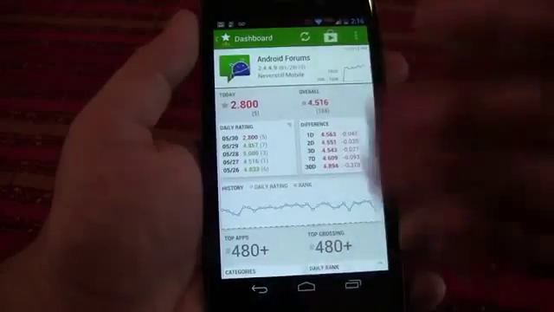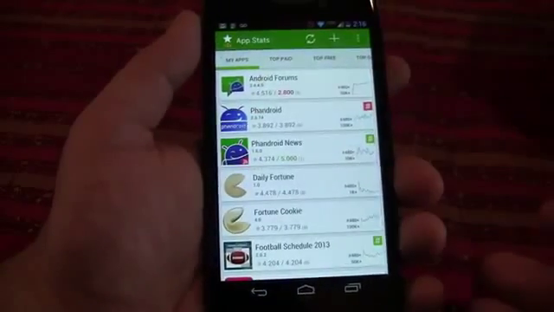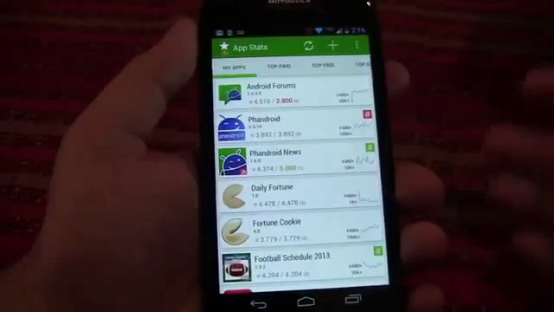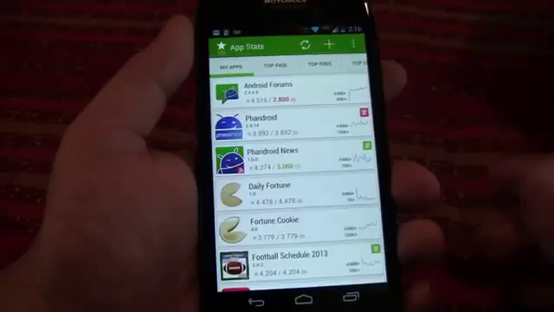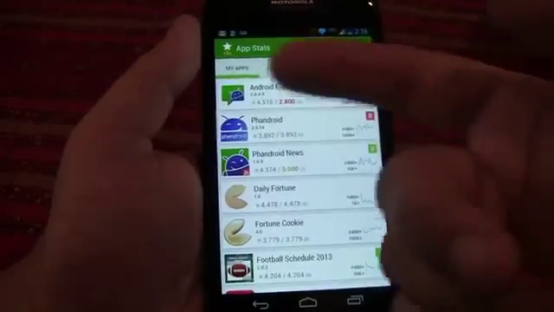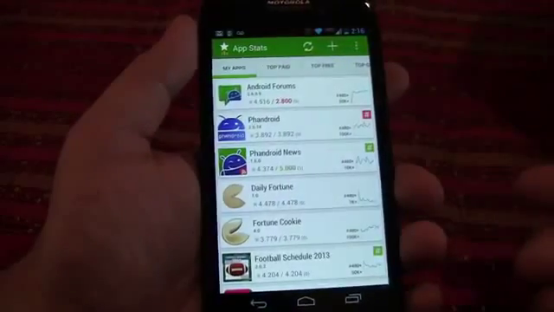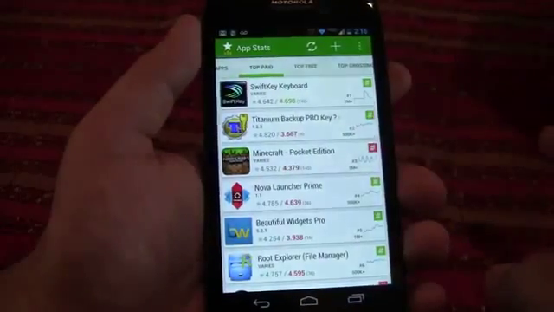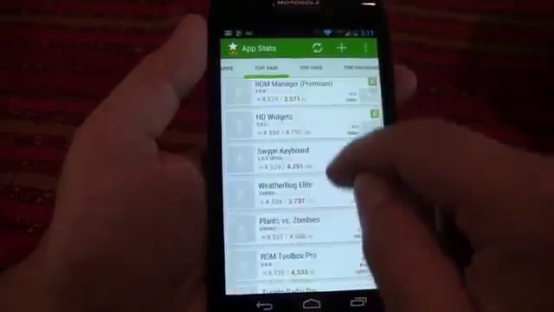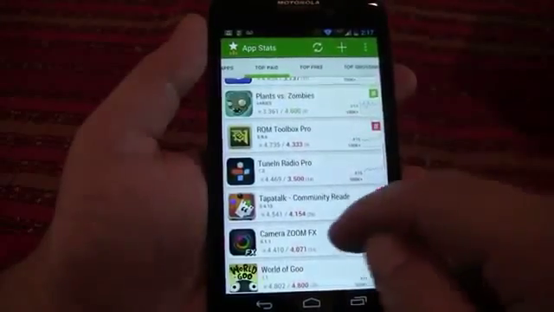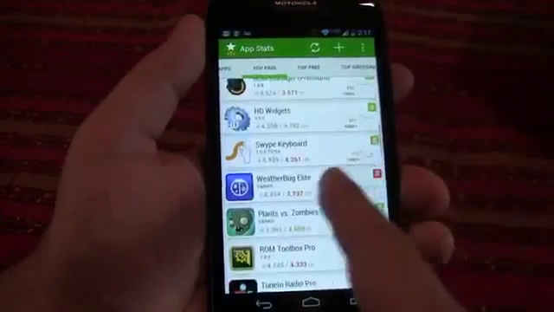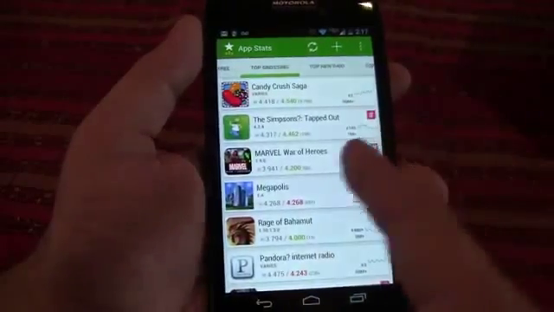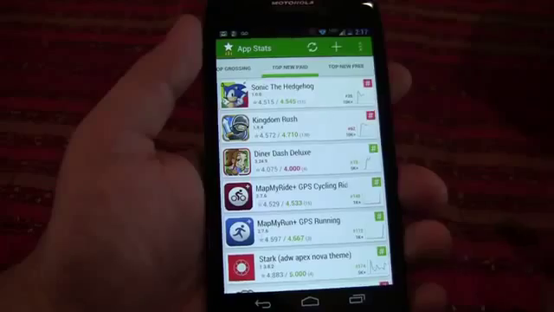So really this app is a way to not only just keep a glance at analytics and see what your competitors are doing, but improve the quality and the service that you're offering. So this is the My Apps view, which I think is the most important and interesting. And then we can see the top paid apps, and you can go through and look at all the different top paid apps, slide through, go to top free, top grossing, top new paid,